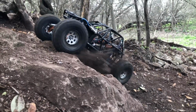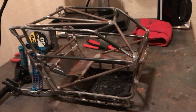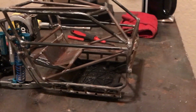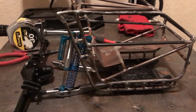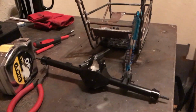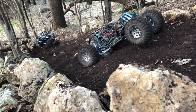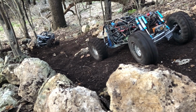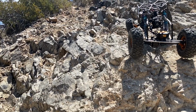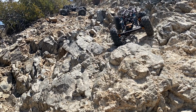RC Command has had its hand in quite a few builds over the years, both personal builds and helping out some of the biggest names in rock bouncing. This whole journey started back in 2017, 2018. I was in the process of retiring out of the military and just needed to fill that void in my heart. And I've always been a gearhead and working on these little RC rock bouncers in my kitchen while I was